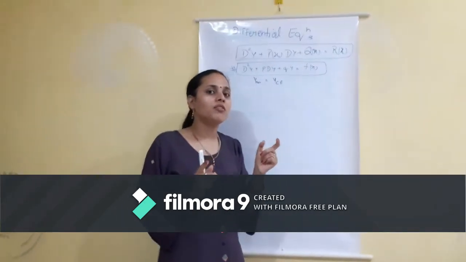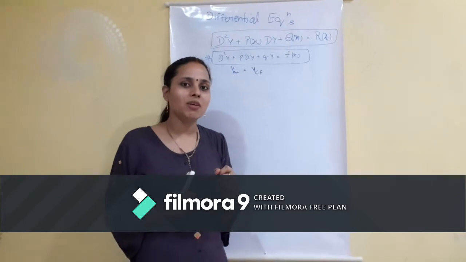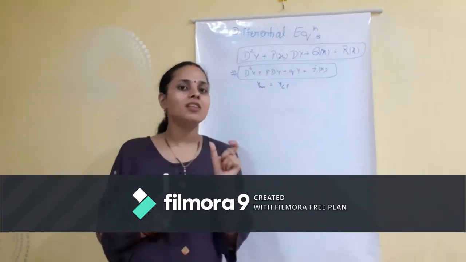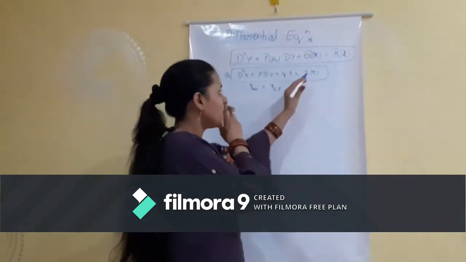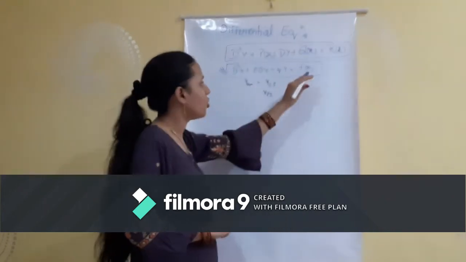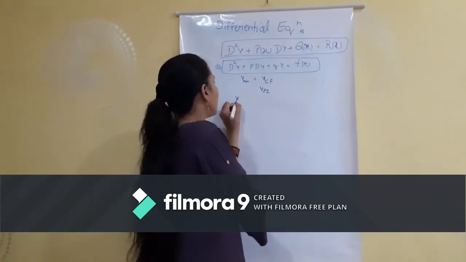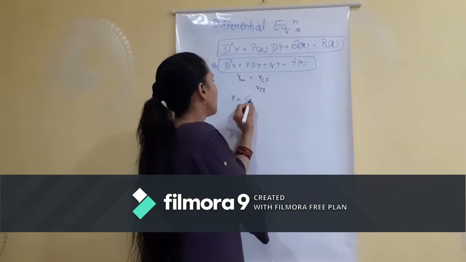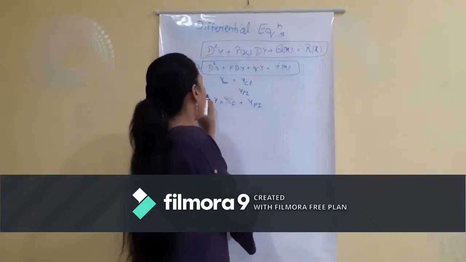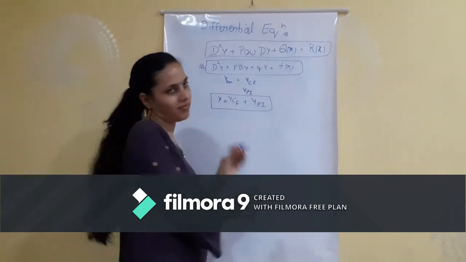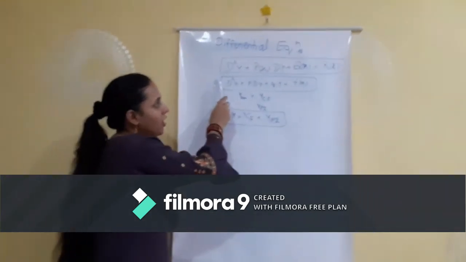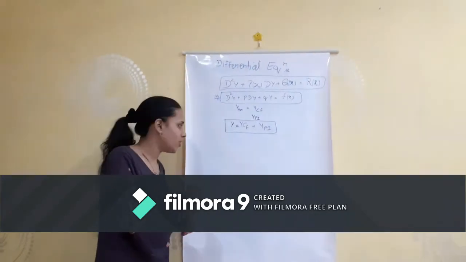Again, if we find the solution with the non-homogeneous part as well, that is called the particular integral, and the combination of both is the general solution of the differential equation. Suppose with this differential equation we have a particular integral, that is y_PI, the solution with the non-homogeneous part. Then the general solution of this differential equation is CF plus y_PI. This is how we write the general solution of a non-homogeneous linear differential equation.